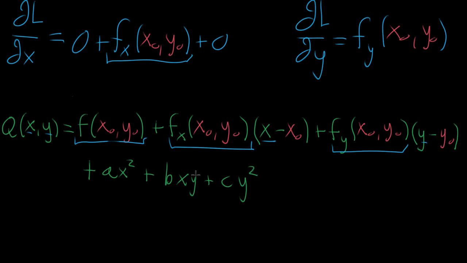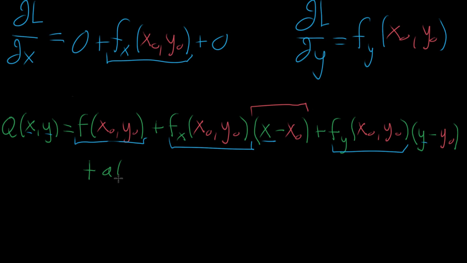But the problem there is that if I just add these as they are, then it might mess things up when I plug in x naught and y naught, right? It was very important that when you plug in those values you get the original value of the function, and that the partial derivatives of the approximation also match that of the function. And that could mess things up, because once you start plugging in x naught and y naught over here, that might actually mess with the value. So we're basically going to do the same thing we did with the linearization, where every time we have an x, we attach it, saying x minus x naught, just to make sure that we don't mess things up when we plug in x naught. So instead of what I had written there, what we're going to add as our quadratic approximation is